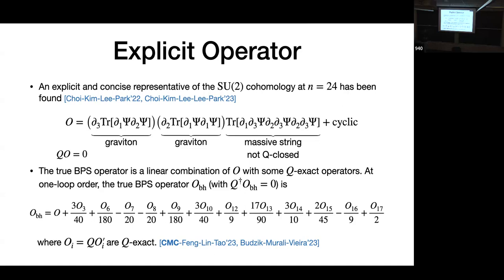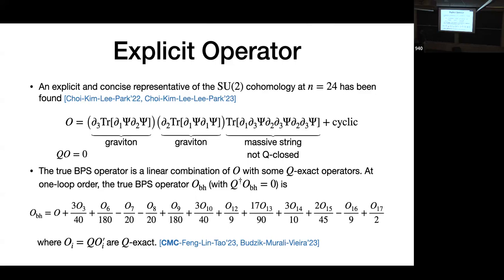So how do we intuitively understand the third factor is not a graviton? Is it because it has more derivatives acting outside? Right. So recall that in the previous graviton form inside the trace, every psi has exactly one derivative acting on it. And in this case, there are two derivatives acting on psi. Dumb question. So what if you just remove one of the graviton factors? By hand? Then that will no longer be Q-closed. I see.